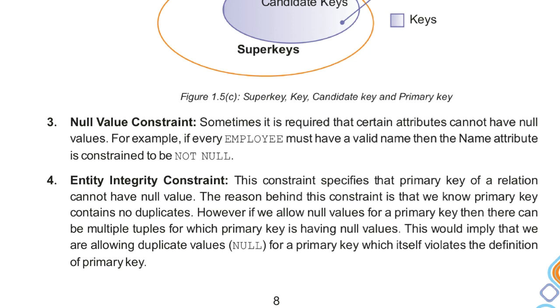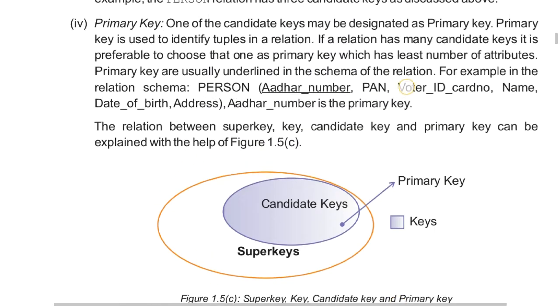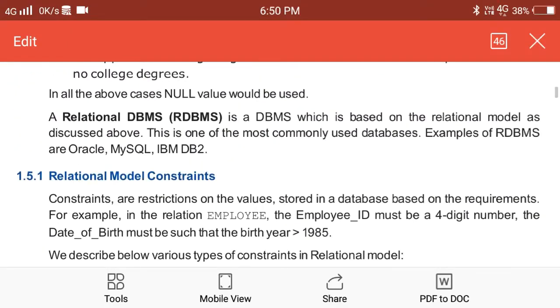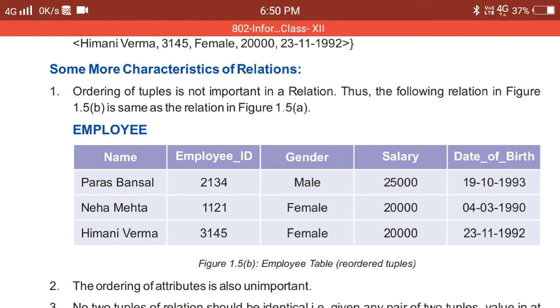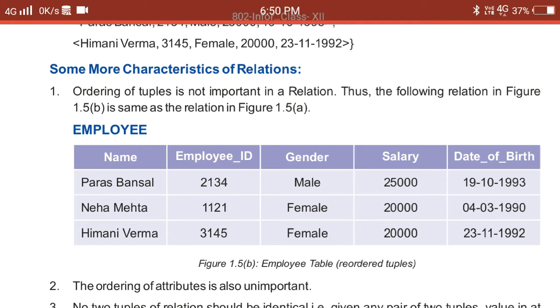As I have discussed in my previous video, what is null value and where we can use null value. But here we will discuss the null value constraint. Consider an employee relation. Here in the employee relation I have names of the employees like Paras, Neha and Himani.